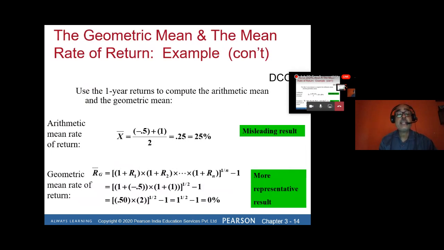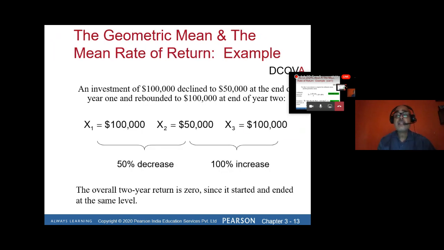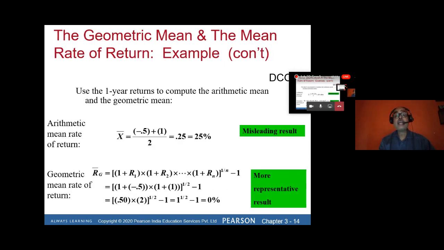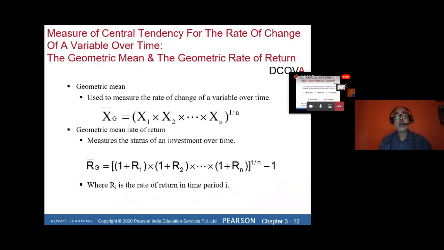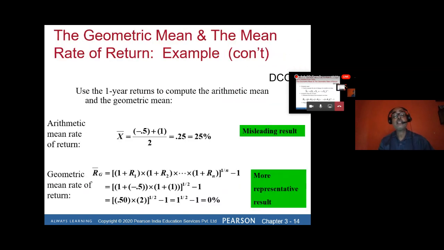Here we have calculated the geometrical mean, you can refer, and we have used this formula. In cases like financial planning, the arithmetic mean will not give you an accurate picture. Therefore, we have to find out the geometrical mean by using the given formula: Rg is equal to the nth root of (1 plus R1) into (1 plus R2) and so on, that is, to the power 1 by n, minus 1. We use this formula here in this PowerPoint and in the book also. You can refer to this PowerPoint slide where we have calculated it.